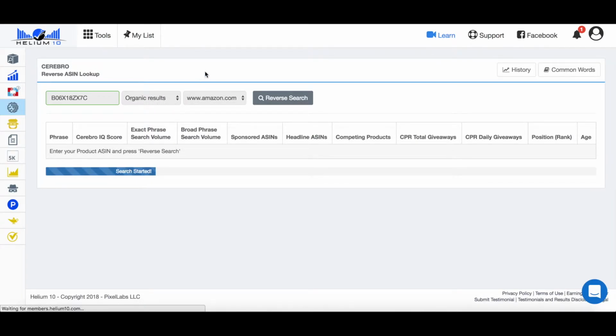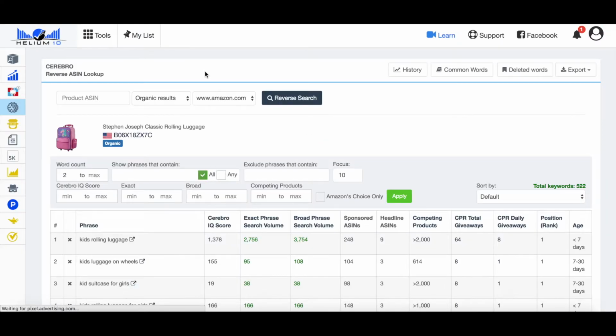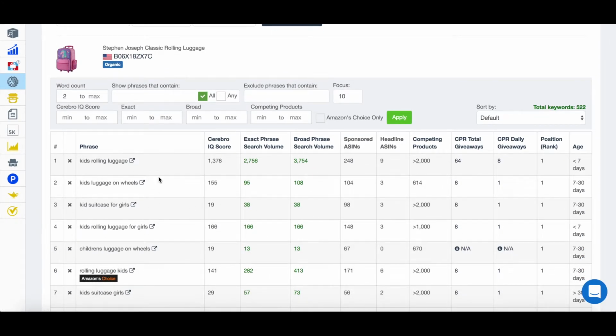It will also allow you to search on sponsored listings as well, but for this example I want to see what organic traffic is coming in and what keywords are a result of that. So as we can see now, it's pulled up the results, and this is all the keywords that this listing is using. But then the interesting thing over here is the position and rank, and this is really what's important,